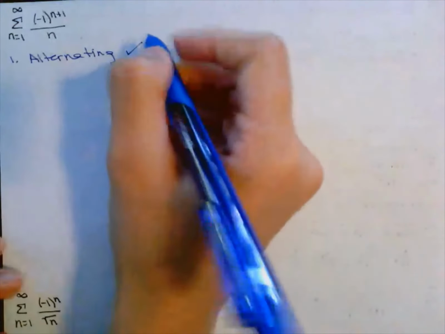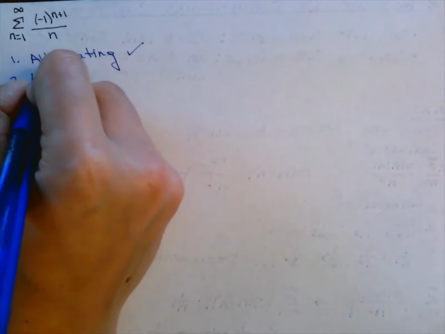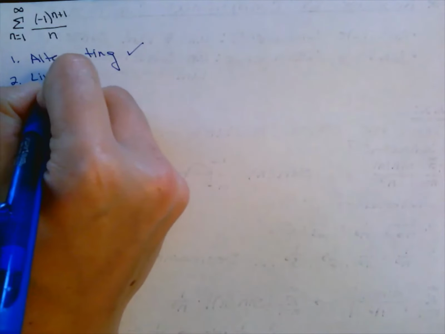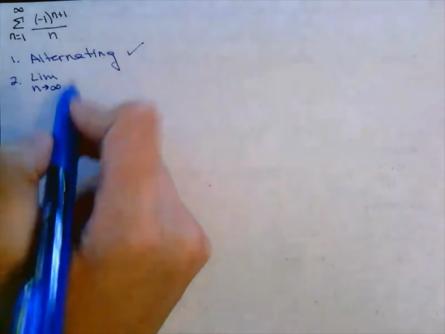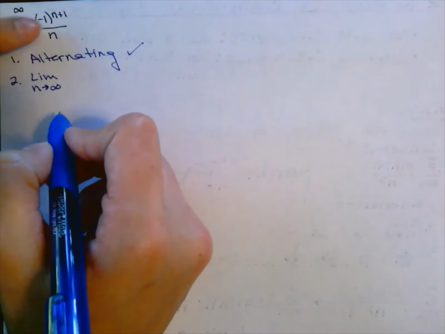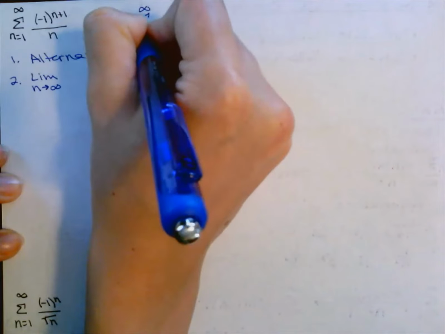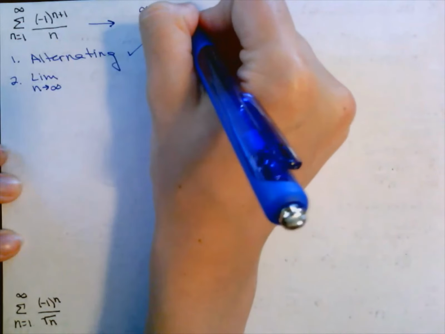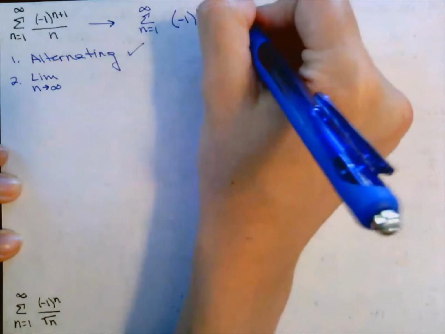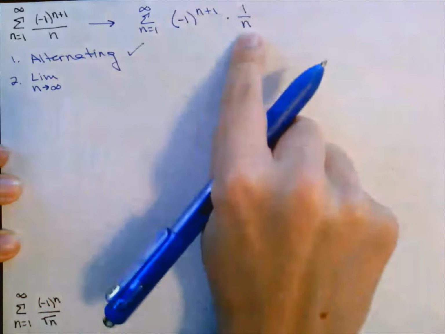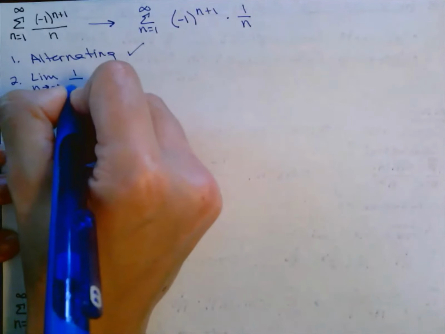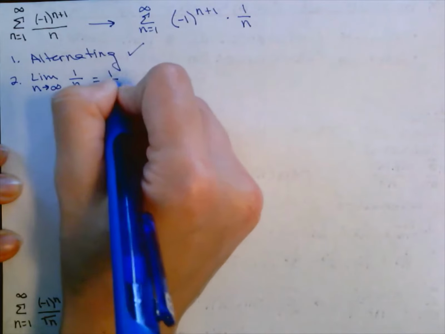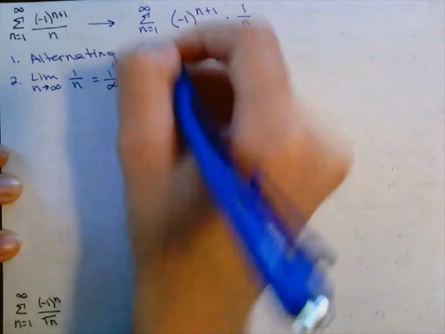It's obviously alternating because of what's in the numerator. I'm going to test the limit as n approaches infinity of what's left without this. If you want to rewrite it to see it a little better, you can bring this to the front and then say times 1 over n. It's a little easier to see what's left, okay? And if I plug that in, I get 1 over infinity, which is bottom heavy, which equals 0, which is